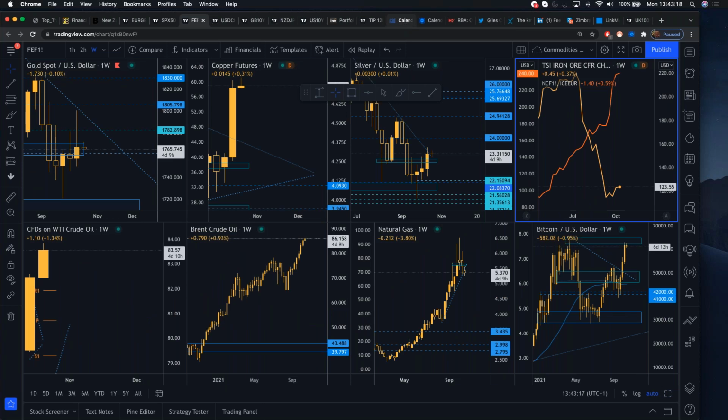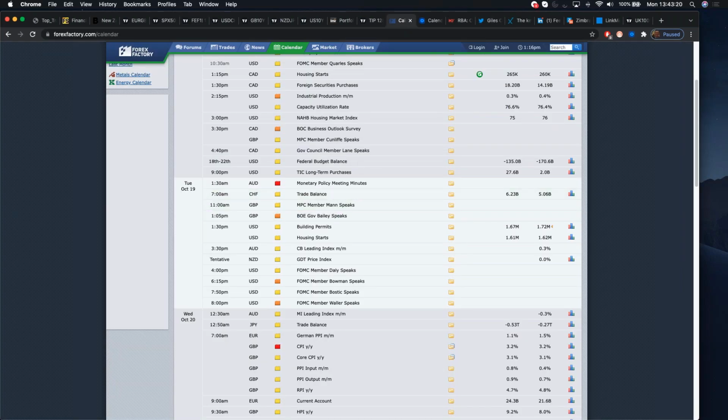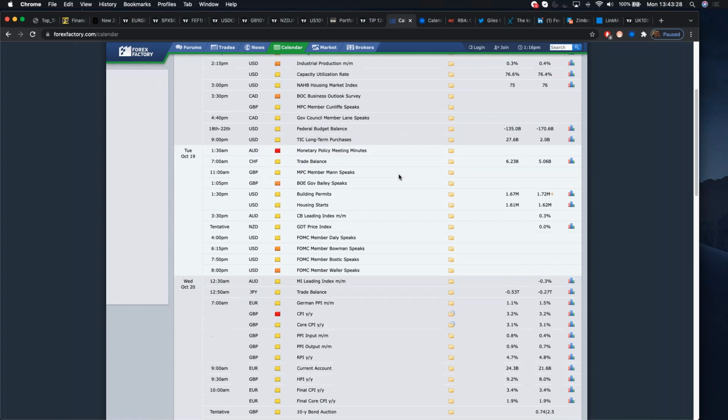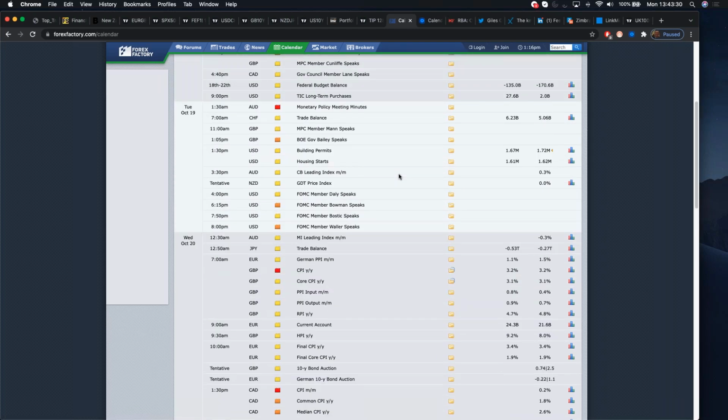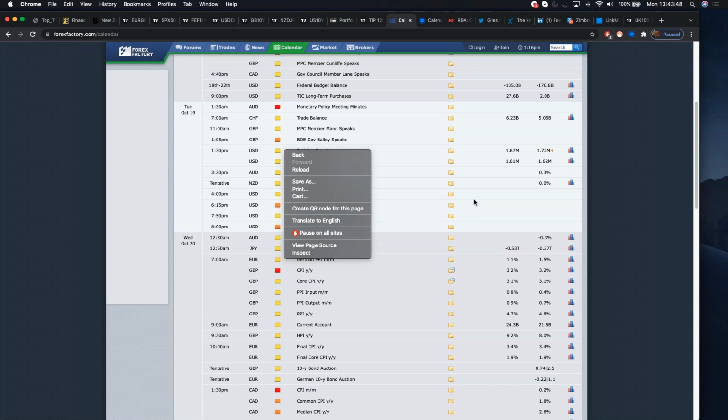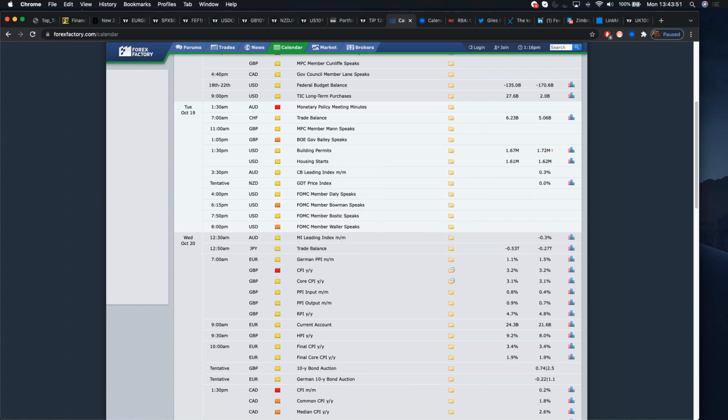So that's what we'd look for with the meeting minutes. If there was something more positive in the meeting minutes, upside in iron ore, upside in coal, upside in Chinese data, then look for Australian dollar strength. We have Fed speakers, and again, the basic story is markets are expecting the Fed to raise interest rates September next year, announce tapering in November, and the end of tapering in the middle of next year. So all Fed speakers will be scrutinized through that framework.